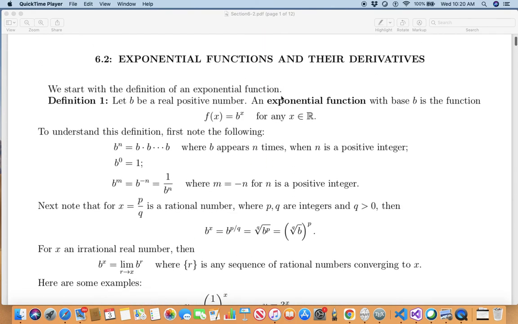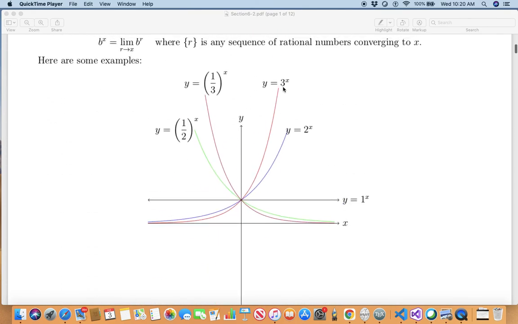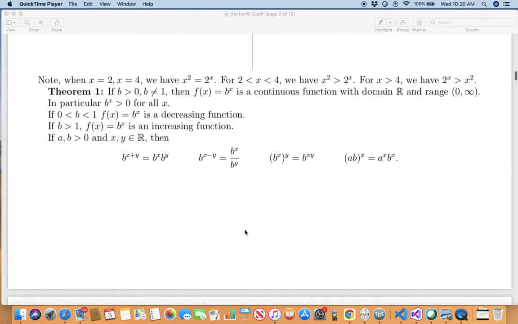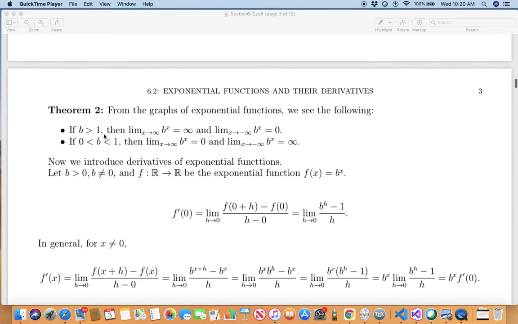Let's see. Here, base is greater than 1. So these are the two cases. So on the right, these curves go to positive infinity. On the left, these curves go close to the x-axis. That's all we are saying here. Okay? When the base is greater than 1, to the right, the curve approaches infinity, and to the left, the